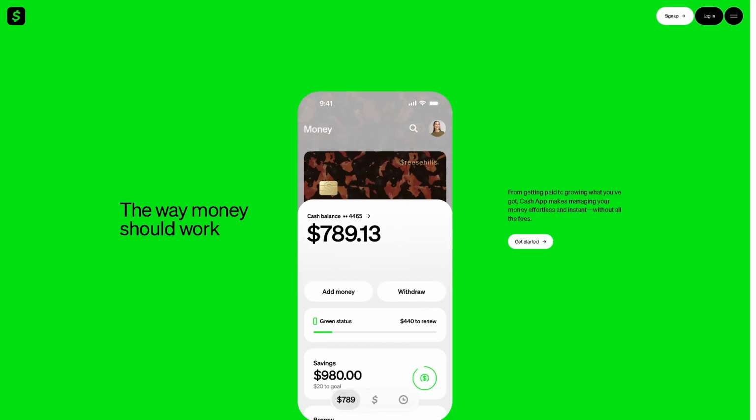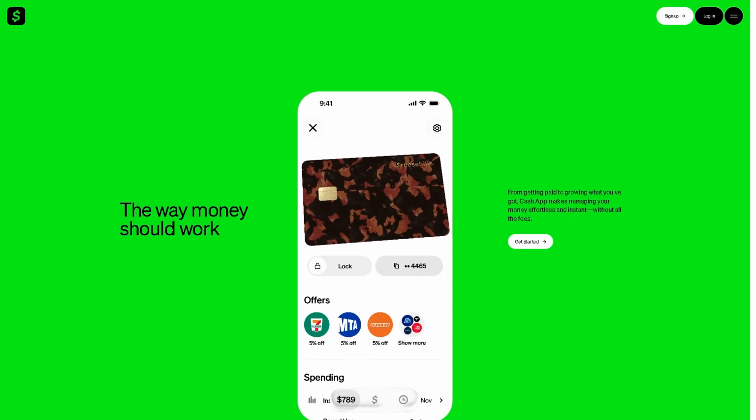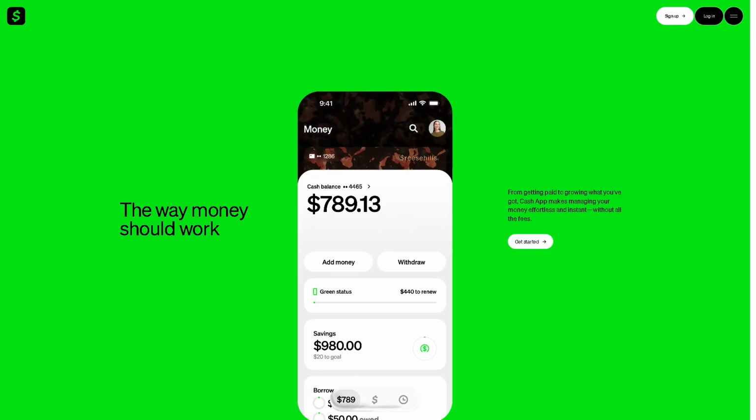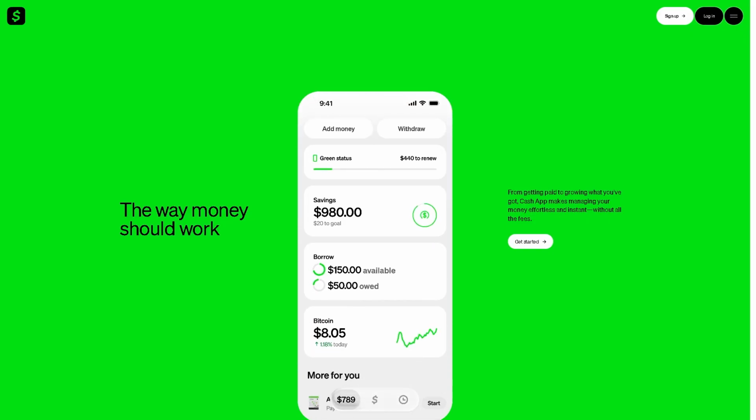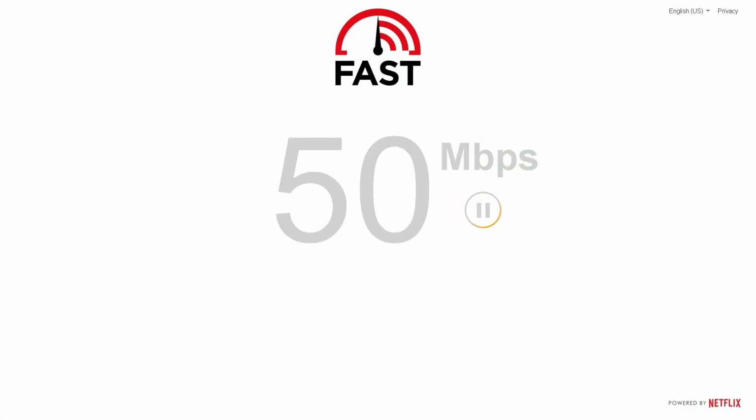If your Cash App isn't working properly or you are experiencing errors, don't worry because we will show you simple ways to refresh Cash App and fix the common issue. So the first thing that you need to do is to make sure your device is connected to a stable